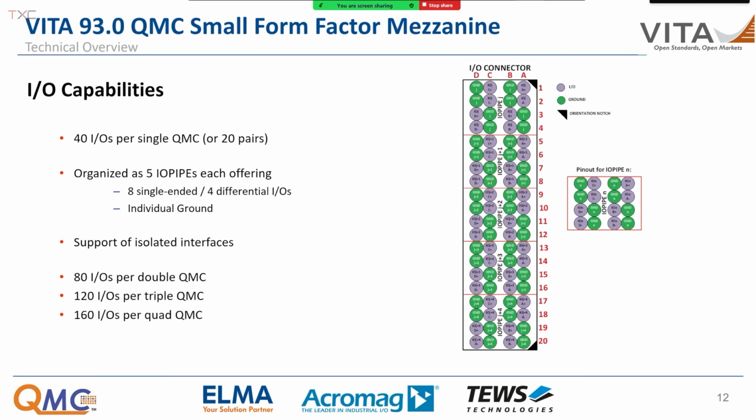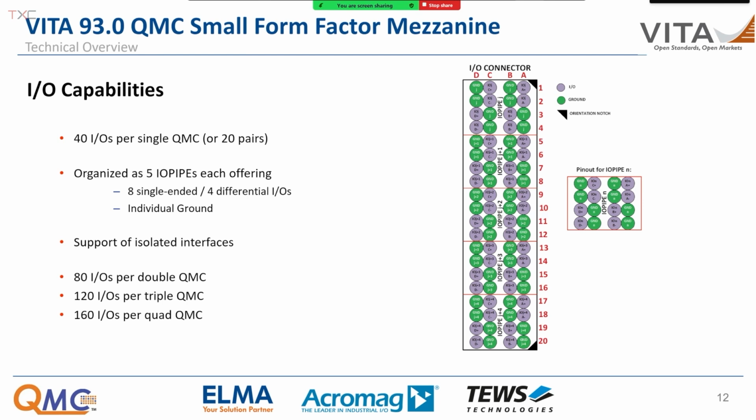Then we have the I/O connector and the I/O capabilities of the QMC. You see it's the same 80-pin connector type as you already saw with the host connector. It provides 20 differential pairs per single QMC, which can also be used as 40 single-ended I/O signals. In addition to that, every I/O pin has its own ground pin, which is critical for the signal integrity